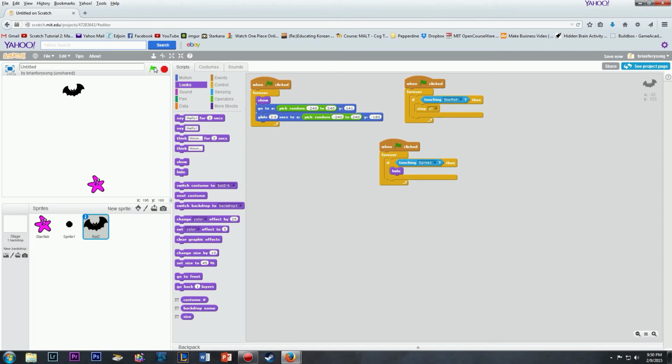Okay, let's try that. So I'm gonna shoot him. Let's test it. Bam, he's done. He's missing. So this is how you play the game. However,